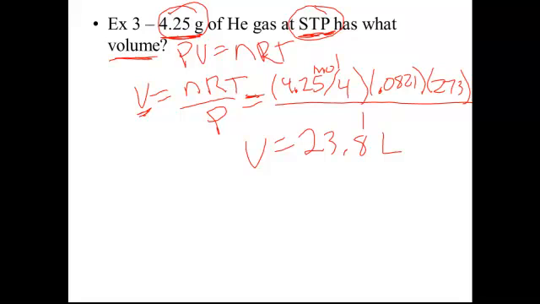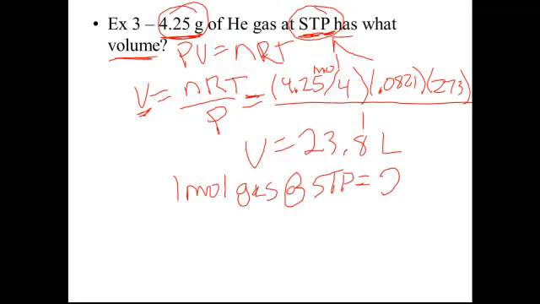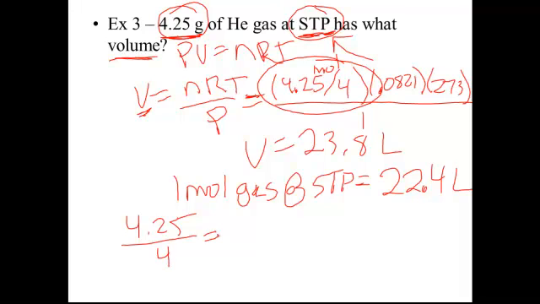Another way to do this is to remember that when you're at STP, 1 mole of a gas at STP is always equal, I told you this at the beginning, to 22.4 liters. So if we take our 4.25 divided by 4, gives us an answer of 1.0625. I'm not worried about significant figures here. That is our number of moles. Well, we know that 1 mole is 22.4 liters. But in this case, we actually don't have 1 mole. We have 1.0625 moles. And so all you have to do in this case is really take your conversion factor